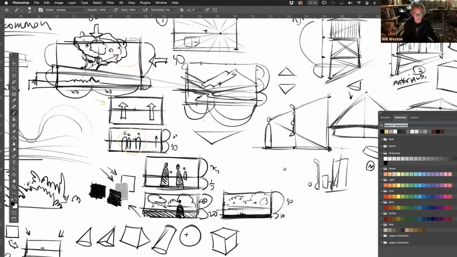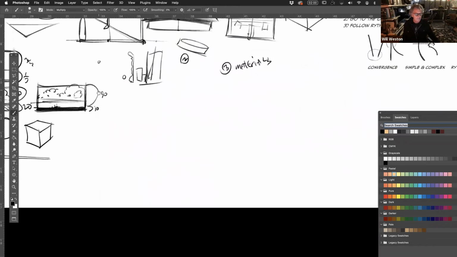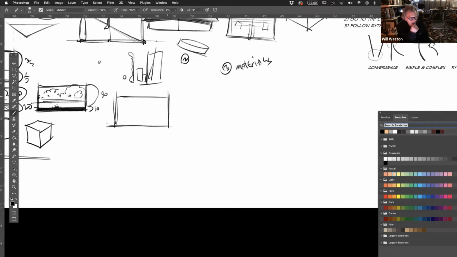Okay. So what we're going to do now is talk about how to build your environment and how to build your stage. This is really a fun part of all of this. Okay, we're going to come down. This is the part that I like the most. All right. And that is, we're going to say, okay, I have my composition here, but I want to have a focal point. I want to have depth. I want to have all this stuff going on.